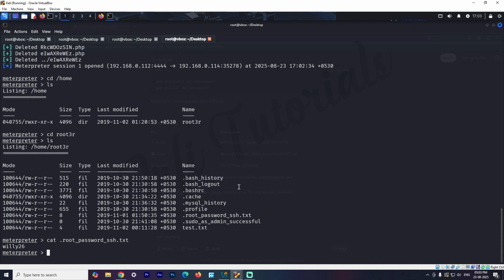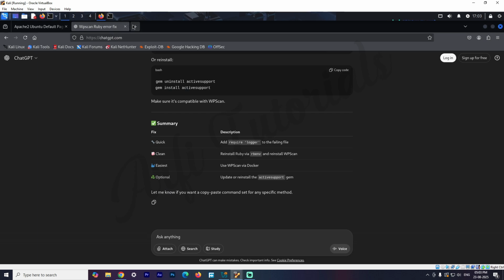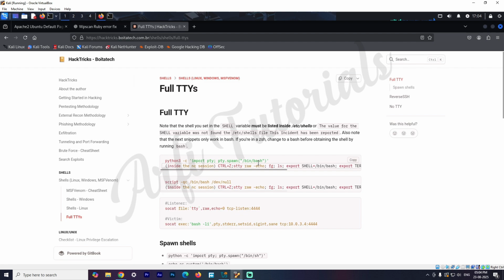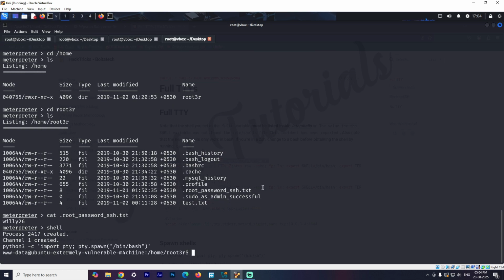We can now switch our user to root, and for this we need to type shell. We will use a Python tty shell. We will switch to root.